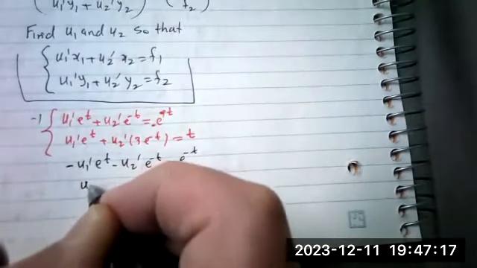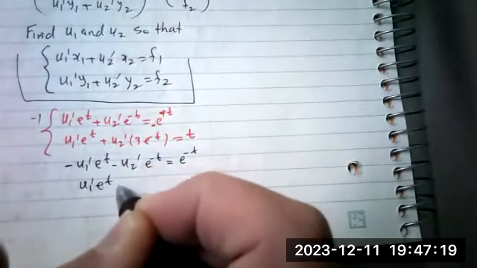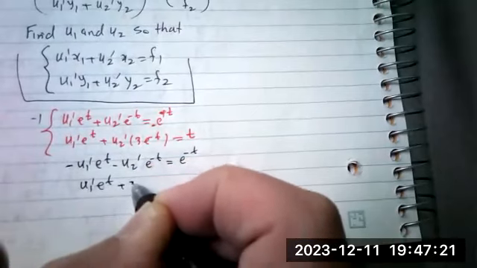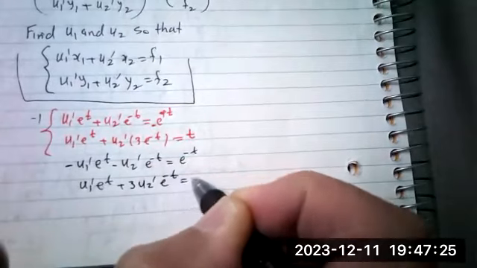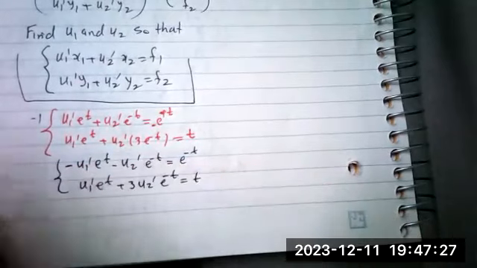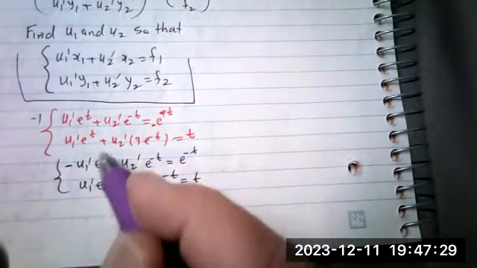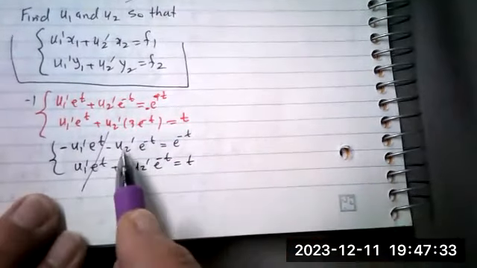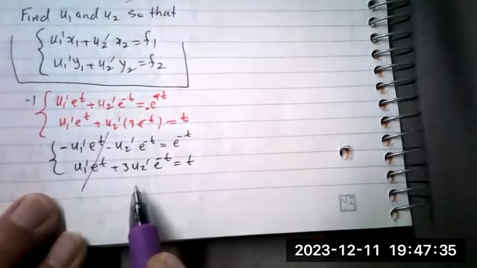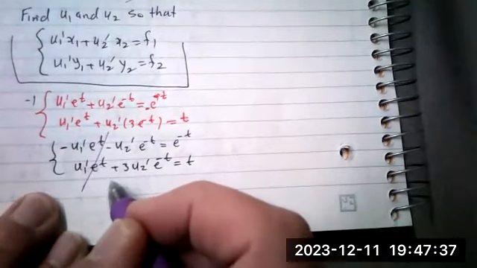The second one is u1 prime e to the t, and this is plus 3 u2 prime e to the negative t equal to e to the t. If you add them together, the u1 prime would cancel out. So you get these two, we combine them together. So that gives you